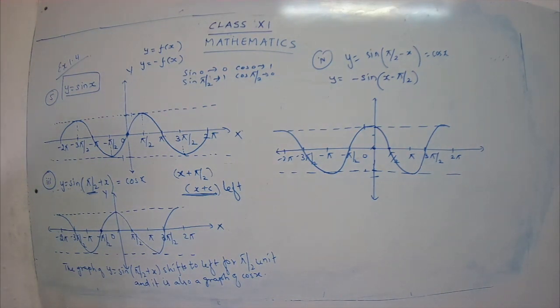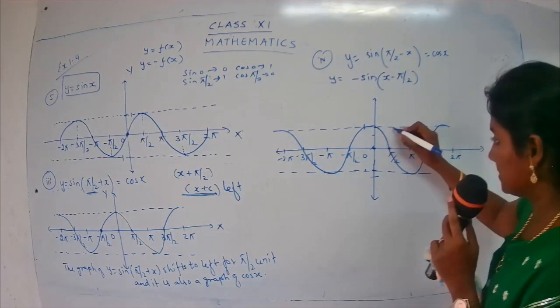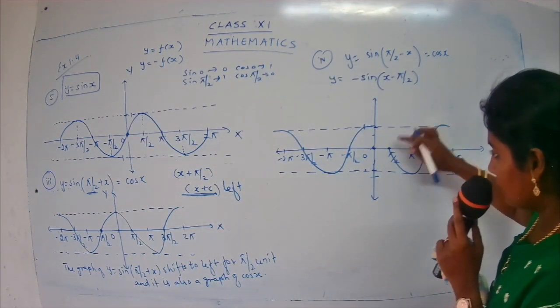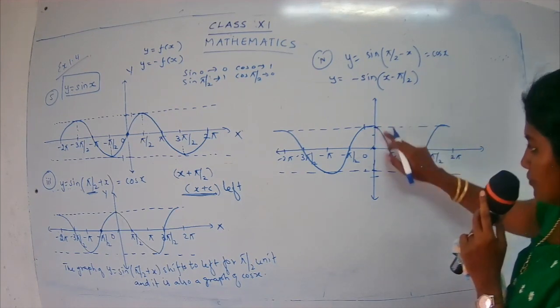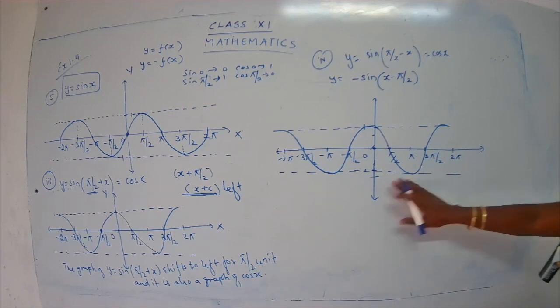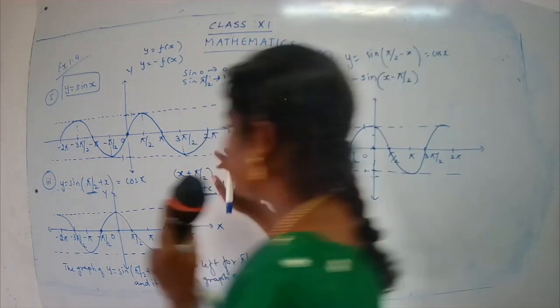Okay. So plot the point. So from where it started, actually it starts like this, children. It goes like this. So now how will the graph go? Actually this is the answer you have to get. Okay, this is the cos x graph. So you have to get a graph like this. Just keep this graph. I'll explain to you once again here. I'll just explain the graph from here.